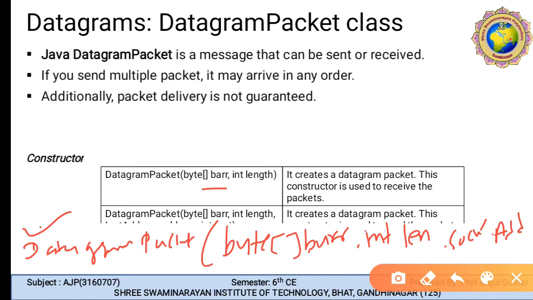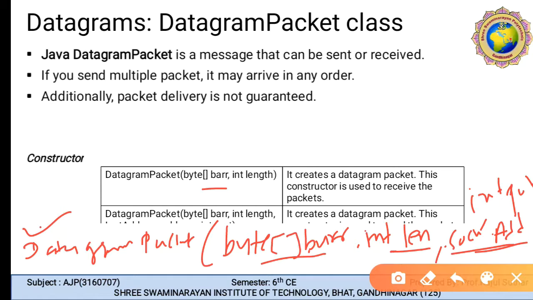If we want to add another constructor, like constructing a datagram packet object sending the packet of length to a specified port number and specified socket. So here the last one is used for specified length. This constructor, a datagram packet object sending the packet of length to a specified port number, is also used. So we can write here integer port, with offset to specified socket address. So the last one is socket address.